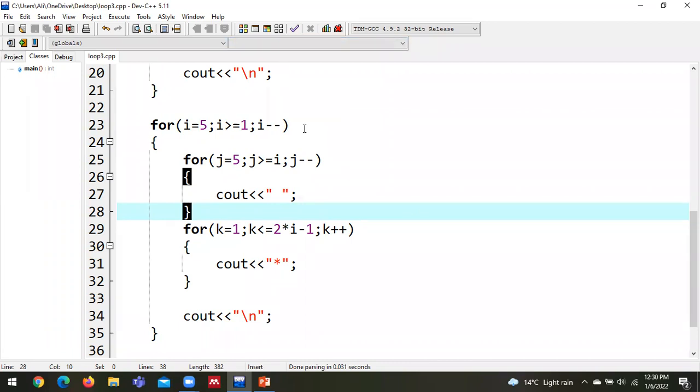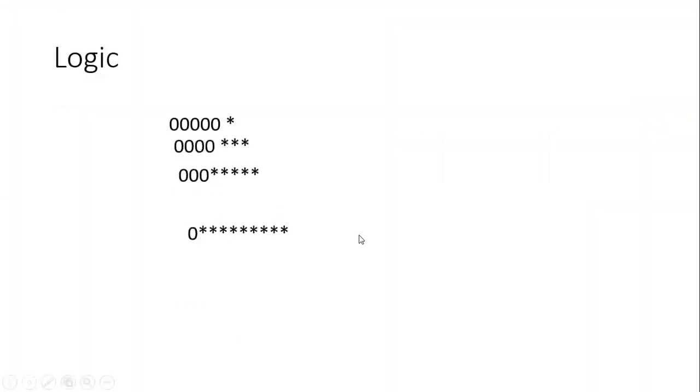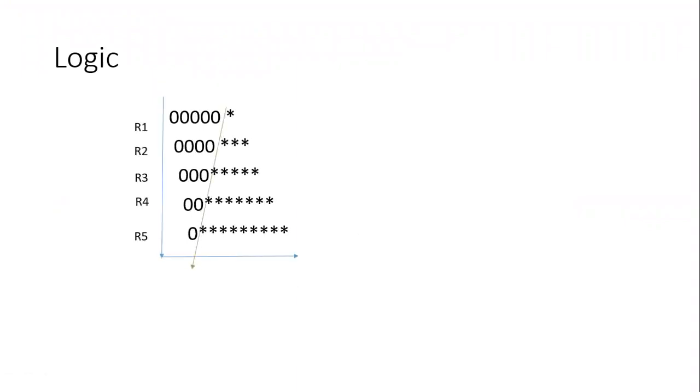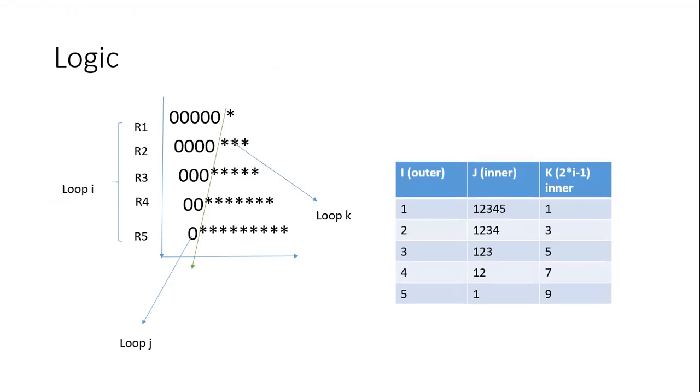So this is how you can work with the three loops over here. In the pyramid, again, I'm going to sum up the things that you have: 5 rows. One loop, the outer loop, will work with the rows. You have one loop that is going to deal with the spaces, and the K loop is going to deal with the pyramid. So by applying this formula, by putting this formula by